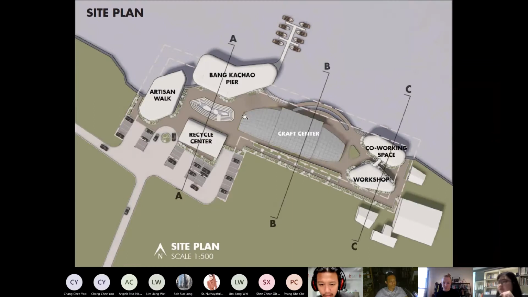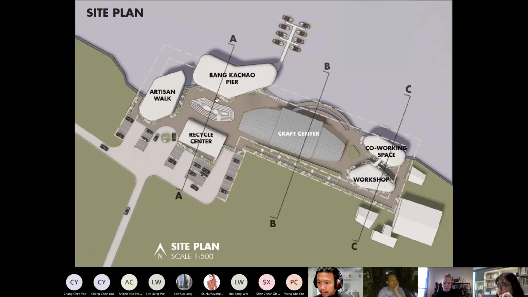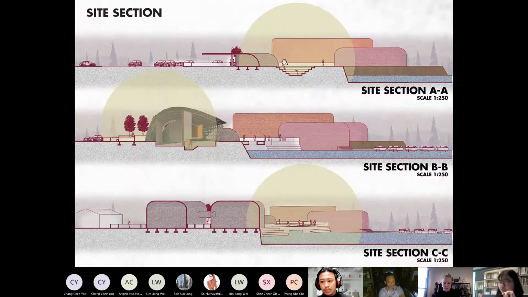So coming to the site plan, which I have proposed before, I basically cut three sections on this site, where the first section is cutting around here. This is the outdoor space that I proposed before, more like a theater kind of feel, where people sit around and can have outdoor events or activities. And the left here is more like the recycle center.